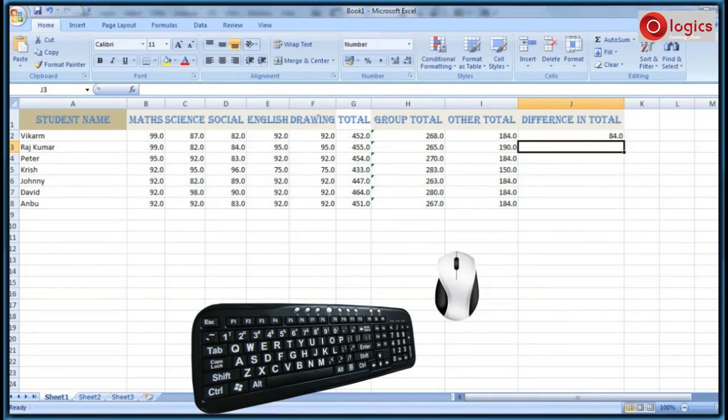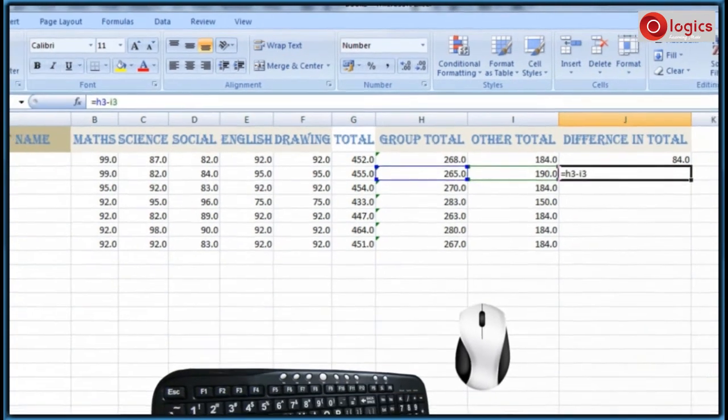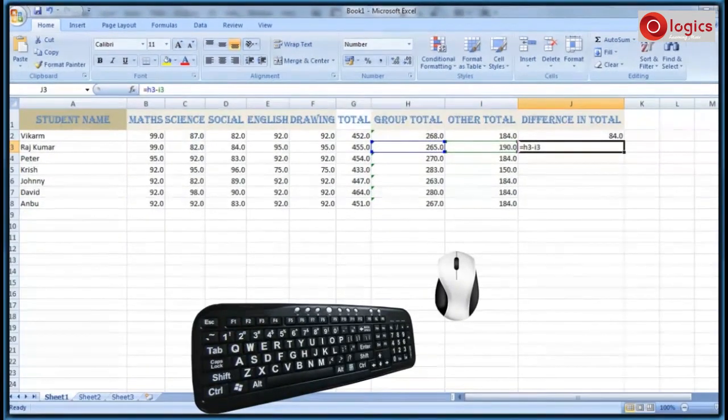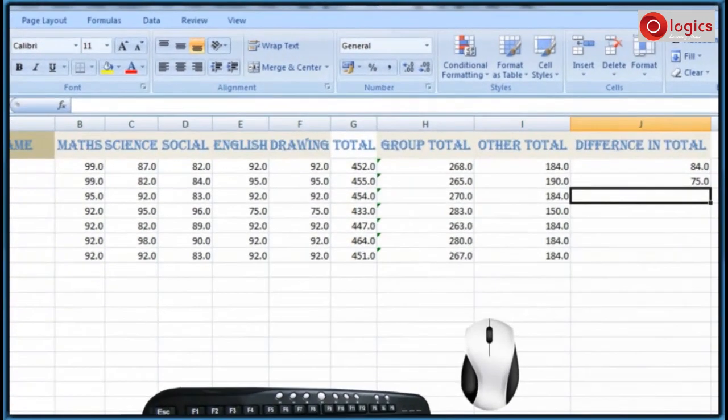In the same way, you can get the difference of the H3 and I3 cells. Press enter to get the result. Do the same procedure to get the value for other cells.